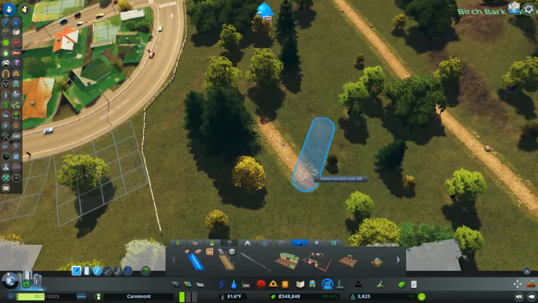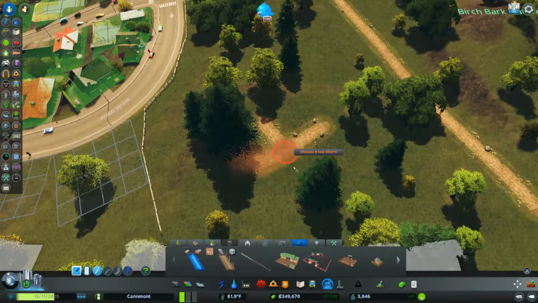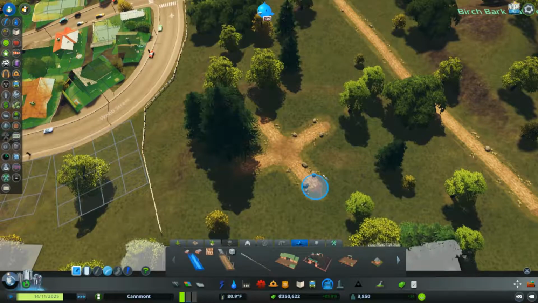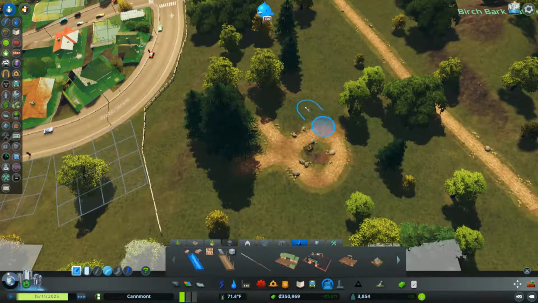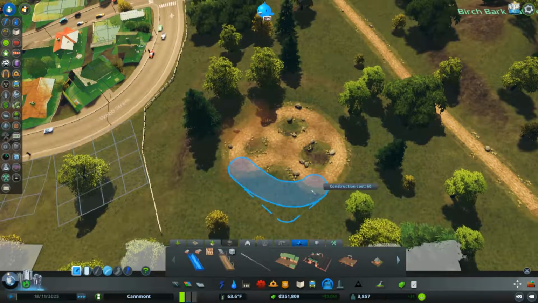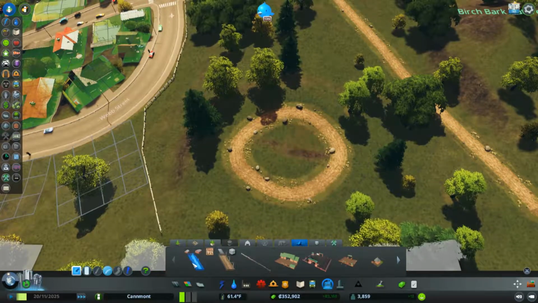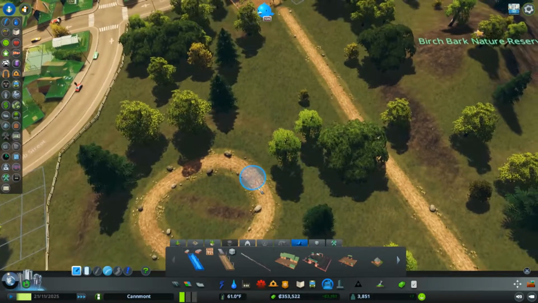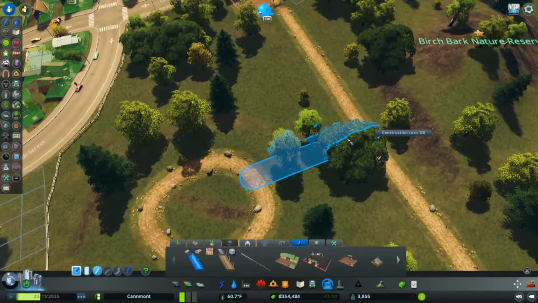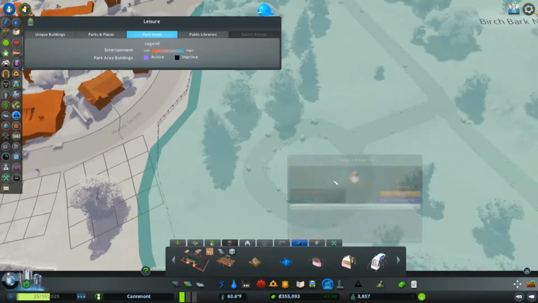Let's put in a circle. I don't know why this is being such a pain, but I want to just put a circle path in. Looks like a weird donut shape here. Let's get rid of that. And now I can run this over to here. There we go. So now what I want to do is we could put some...